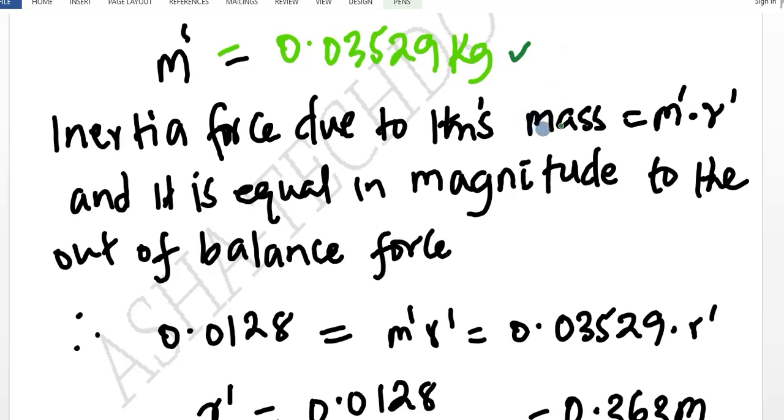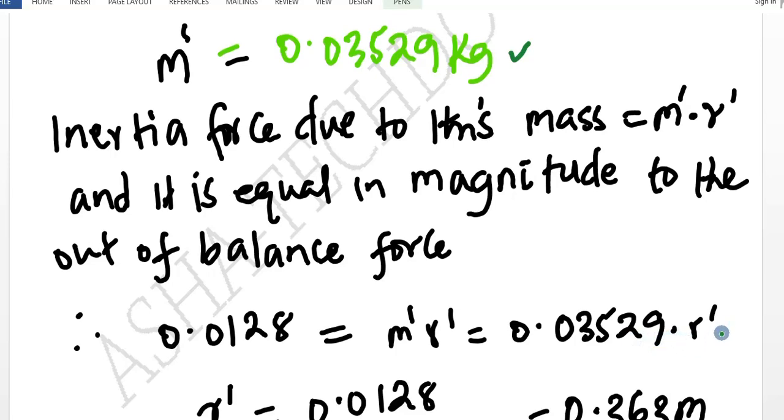Therefore, the inertial force due to this mass would be m prime r prime, and r prime is the radius at which it is going to be put from the axis of rotation. And this force, if we calculate it, is going to be equal in magnitude to the out of balance force, since it is meant to balance the other out of balance force on the system. Therefore, I know that this mass times the radius for the out of balance force is 0.0128. So it is equivalent to this mass times its radius of rotation, of course, from the axis of rotation, and therefore it would be